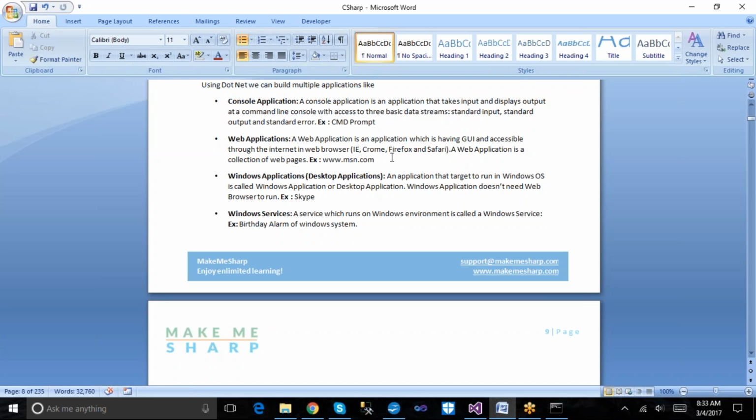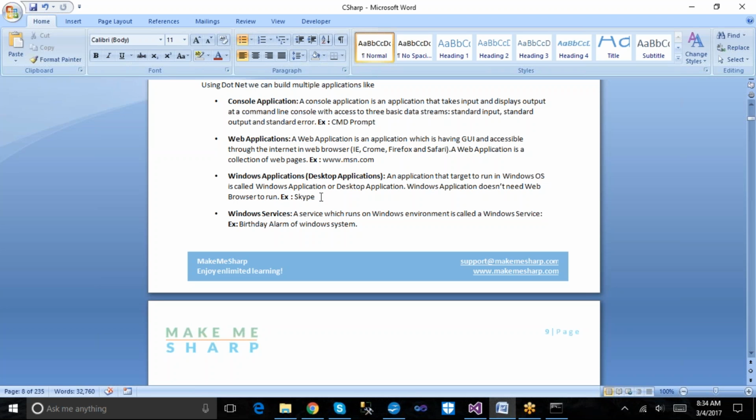So these desktop applications we can build with the help of .NET. Take the application we use, GoToMeeting: once we install it, it will automatically work on a particular operating system. In a similar way with Skype, once we install that application, we can work with it on our system, and it will target and run on that particular operating system.